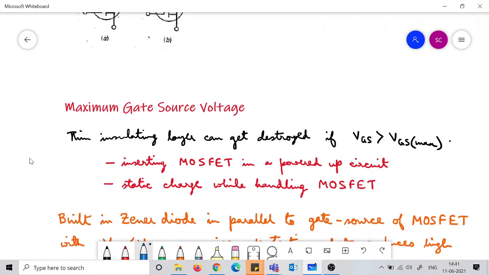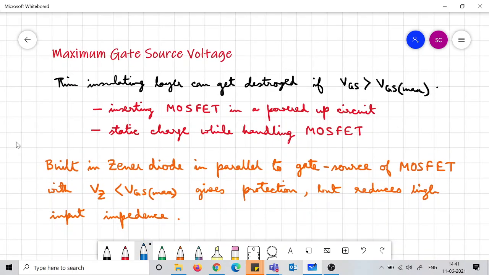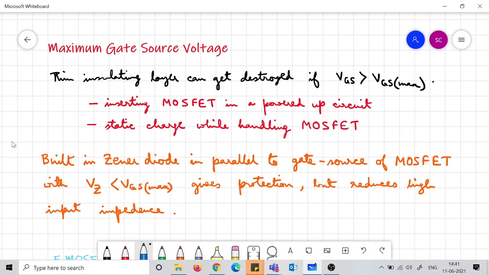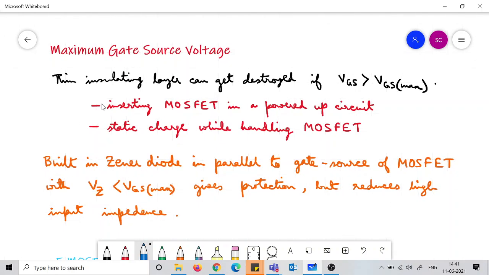One important aspect of MOSFETs is that there is a maximum gate source voltage. There is a limit to where you can take the gate source voltage to. As you had noticed, in both the D-MOSFET and E-MOSFET, we can have a region where VGS is greater than 0. But can we make it as large as possible? No, we cannot, because